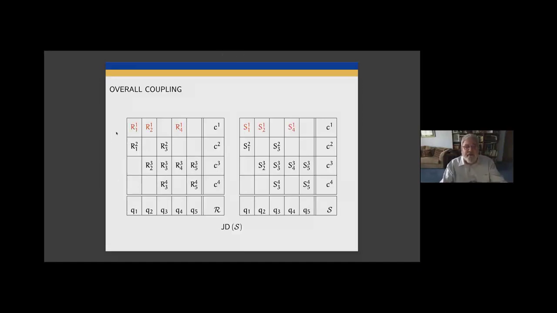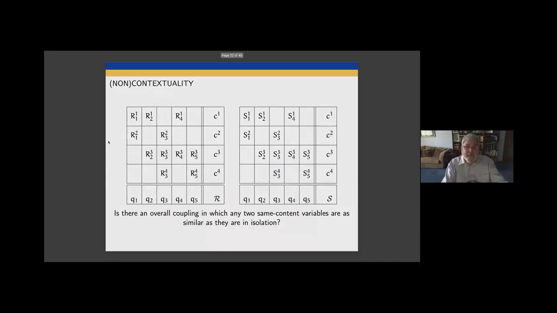In the first row, these three random variables are distributed exactly the same as these three. These two are distributed as these two, and so on and so forth. So we have distributional copies. But in addition, we have all these S random variables jointly distributed, which is not true about the original system, obviously. And then we are asking the question, among all these couplings that we can always construct in an infinite number of ways,